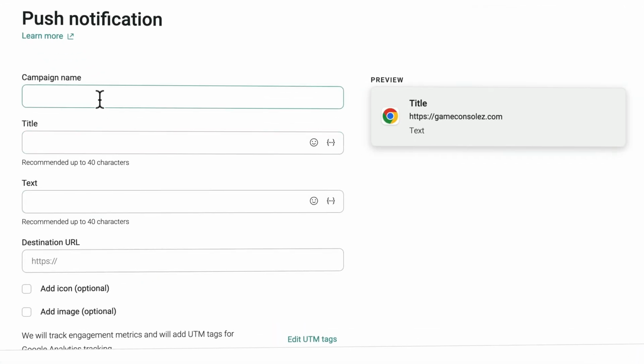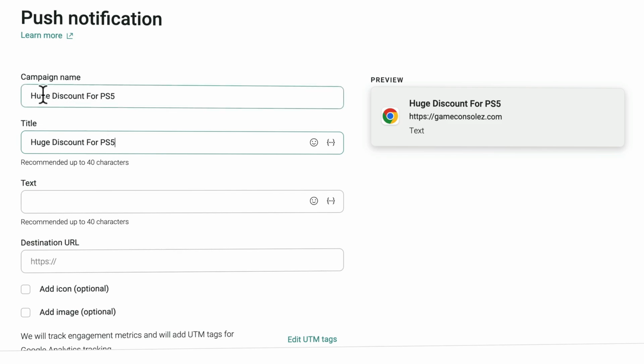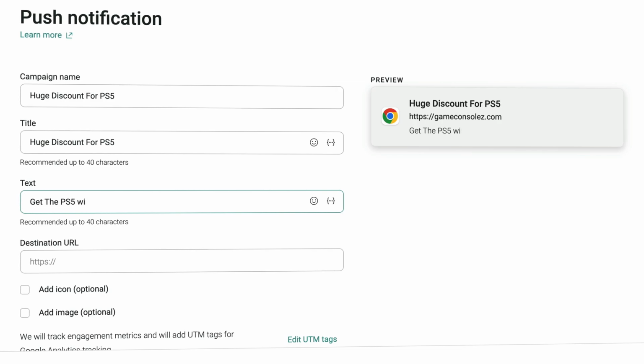The campaign name is huge discount for PS5. I need to keep it short because of the title. Can be the same because this is just for the reference for myself. Then the text, get the PS5 with the highest discount ever.